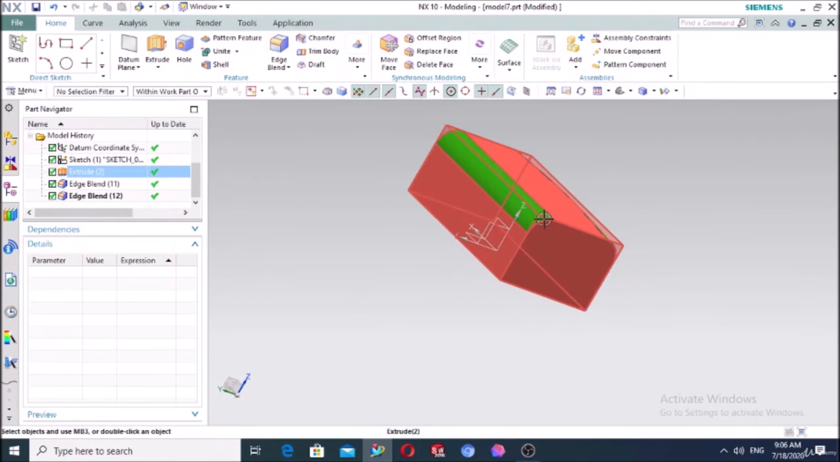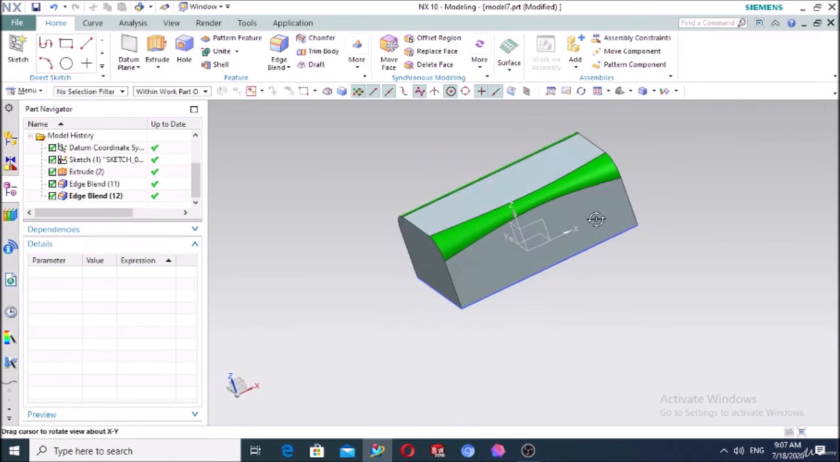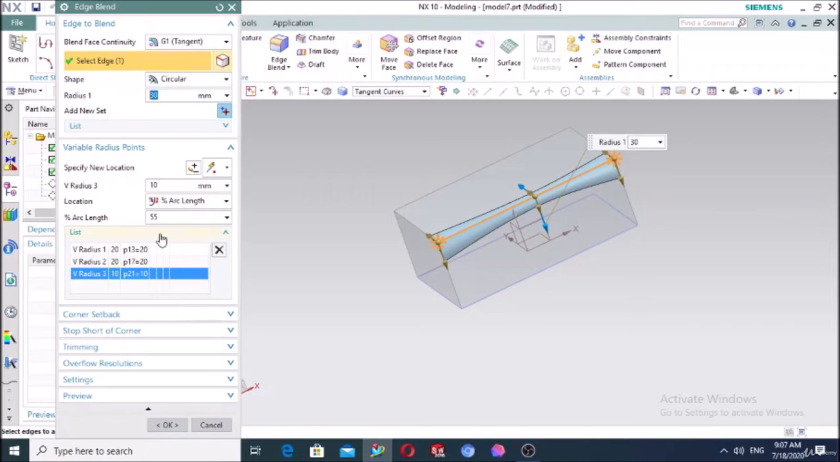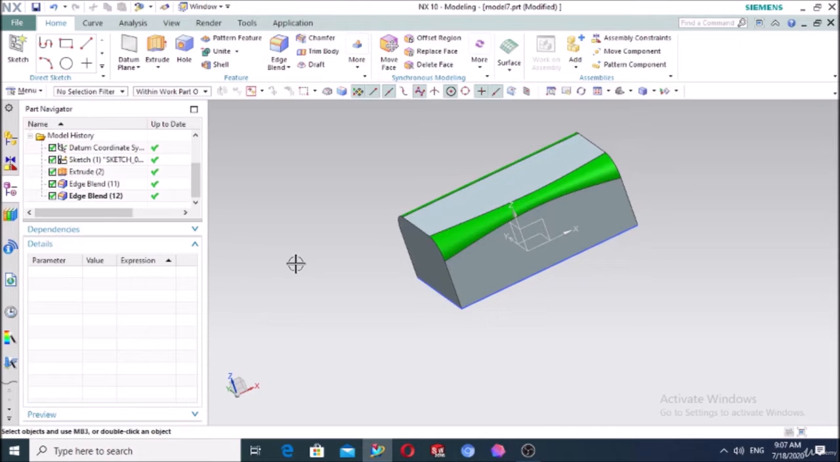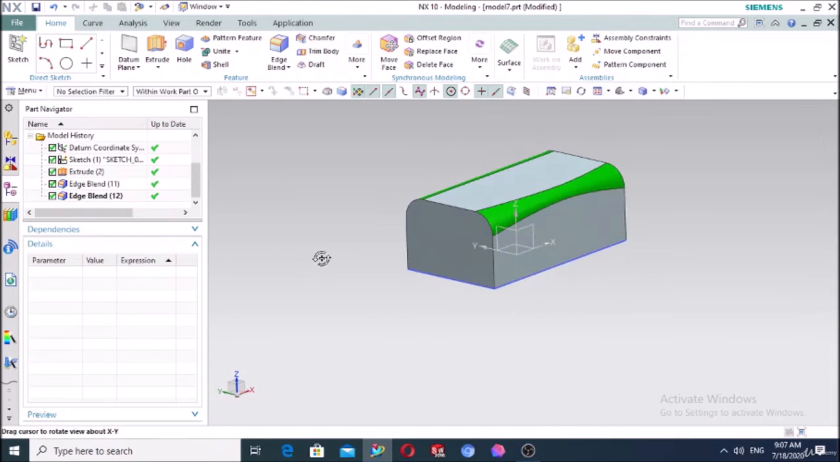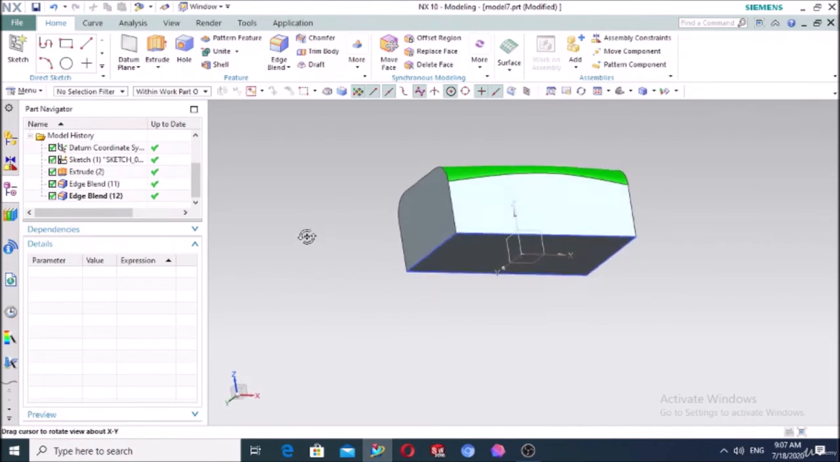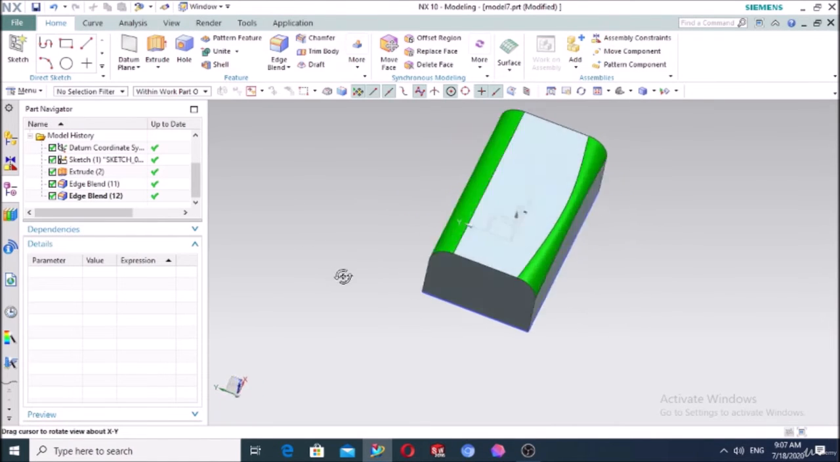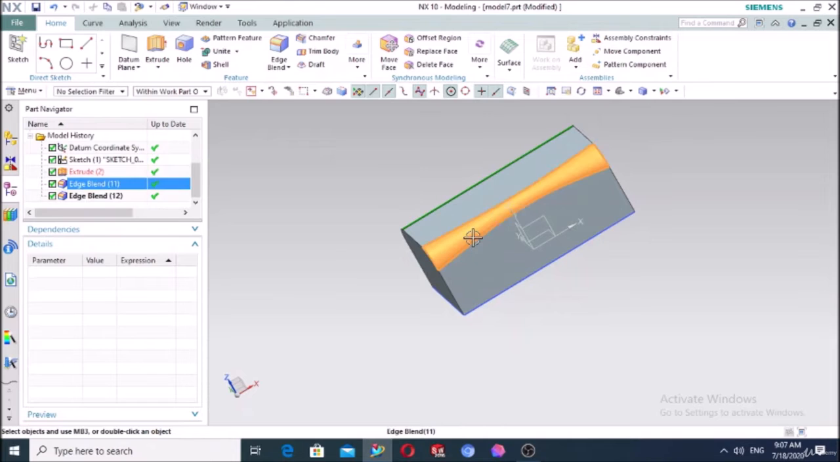Here we see a constant value of the edge blend on this side, and here we see various values of the edge blend. For example, with various values of the edge blend, we can define many points, more than 3, according to our project. So for example, let's delete this part